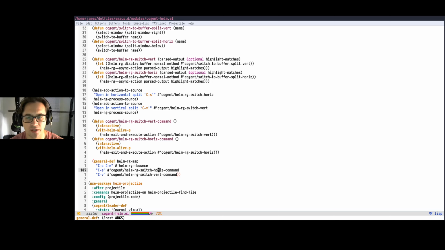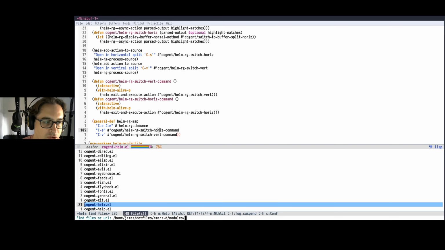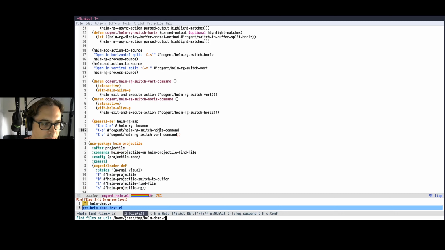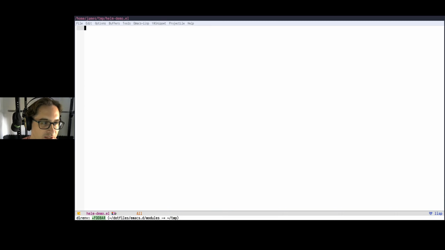But what I wanted to do was just give a quick demo of how you can make your own Helm source, because there's a couple little tricks that are not super obvious that I had to, again, look at the source to see how best to do them. So I'm just going to start by, let's make a new file here called helmdemo.el. I'm not going to use that test one because I did prepare a little bit, I'm sorry. I'm just going to start,